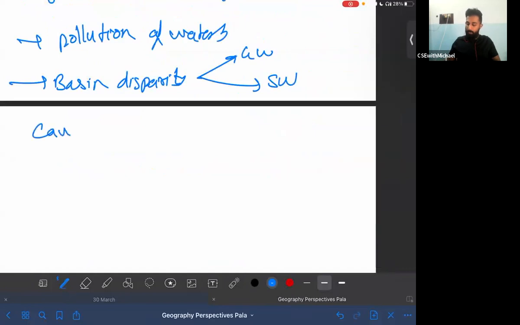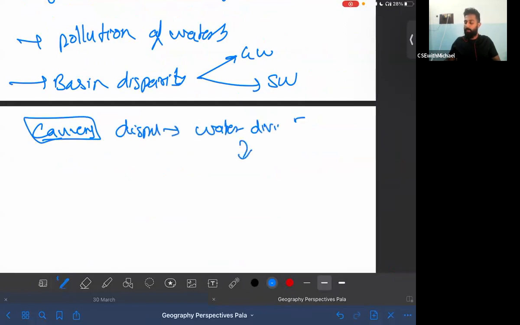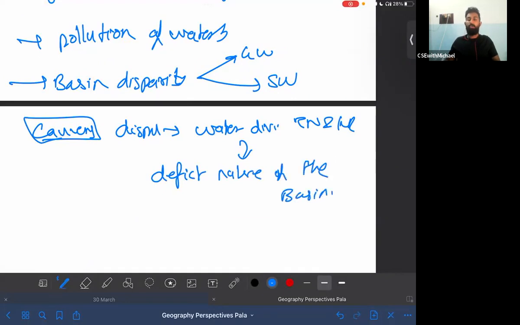some areas like Kaveri, what is the dispute? The Kaveri dispute is about water division between states. Now, water division between Tamil Nadu and Karnataka is becoming an issue because of the deficit nature of the basin. Suppose the basin has enough water to cater to the demands of both the states, there would not arise the chance for a conflict, which is a bloody conflict in the case of these